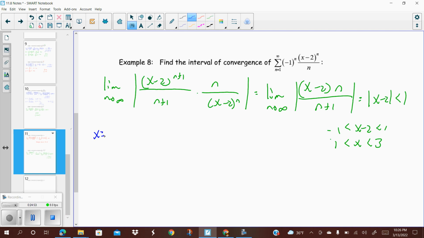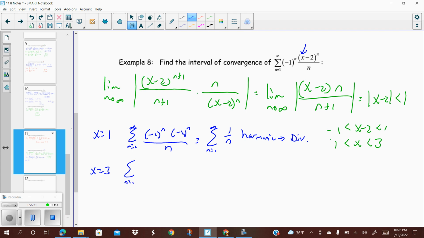So when x equals 1, our sum from n equals 1 to infinity will be negative 1 to the n. Plug 1 into x here, which is also a negative 1 to the n, over n. But negative 1 to the n times negative 1 to the n becomes a positive 1 to the n. So really what you get is the sum of 1 over n, which again you should recognize as the harmonic. That is harmonic, which means divergent. Let's check x equals 3,